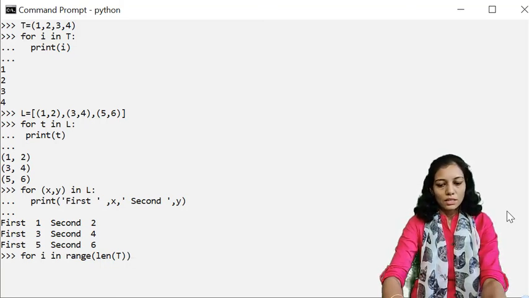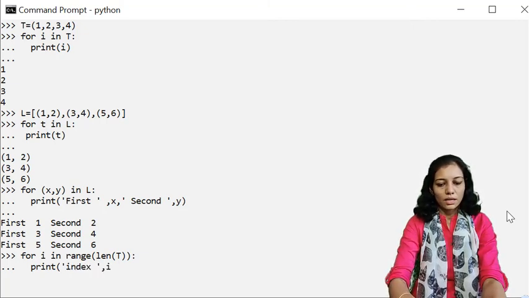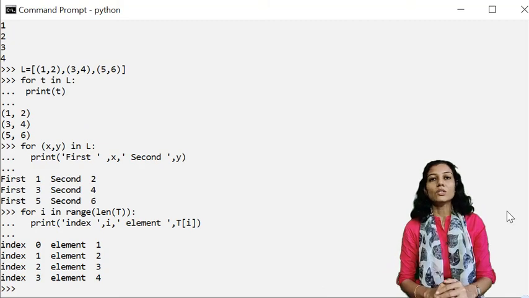And we will print over here the index, that is i, and the element that we want to print is t of i. Let us see. Yes, so this is how we have iterated over a tuple using indexing.